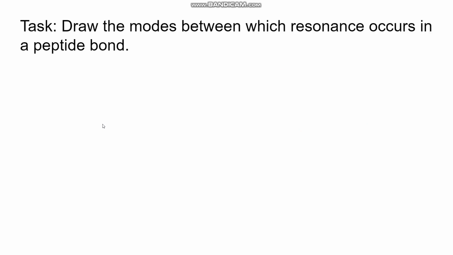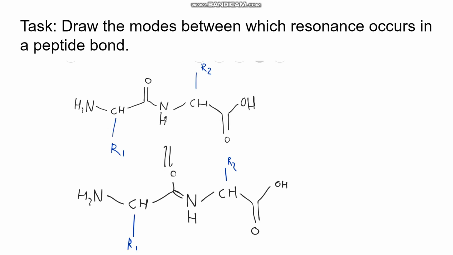Now they ask you to draw the modes between which resonance occurs in a peptide bond, and I've done that here. So here you see the resonance, right? Here we have the double bond here, and then we have the double bond here. So this is an example of that. Remember, when you draw up peptide bonding or polypeptides or anything like that, make sure